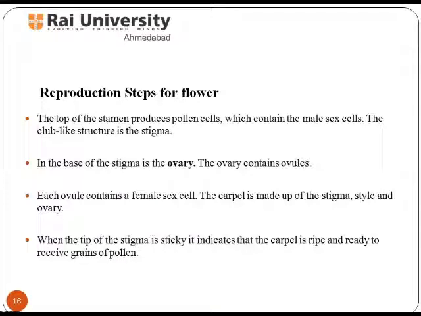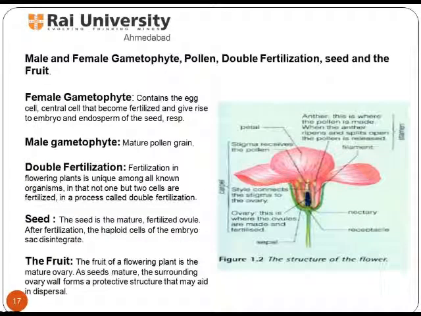The flower produces two kinds of gametophytes called male and female. The female gametophyte arises from a cell within the ovule, a small structure within the ovary of the flower. The ovary is a large structure within the flower that contains and protects usually many ovules. Flowering plants are unique in that their ovules are entirely enclosed in the ovary.